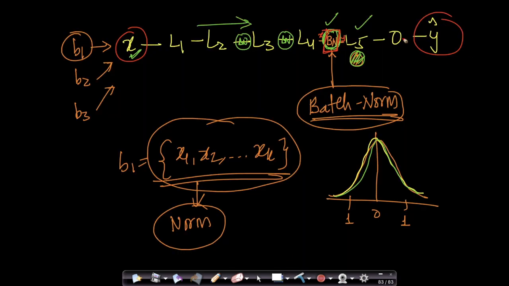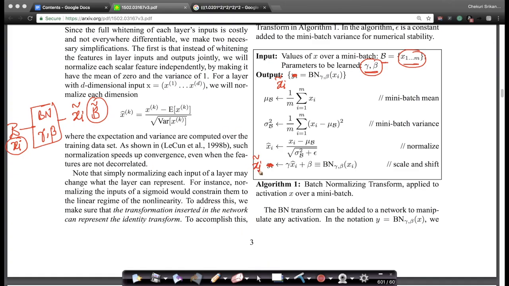That's the worst thing. Once you're confused with notation, everything goes down the dustbin, right? So let me call it as xi tilde. Now, first, given this batch, you're computing the mean of the batch. This is like simply computing the mini batch mean. You're computing the variance of the batch. And for every point xi which is there in the batch, you subtract the mean and you divide it